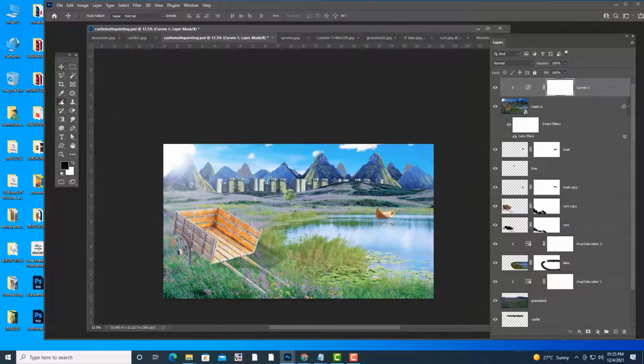We can just take the brush tool and reduce the flow amount, because it should not remove it completely. You want shading on the right side, but now there is too much shading. So reduce the flow amount and make it a little bit better.